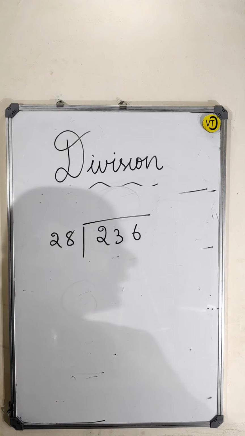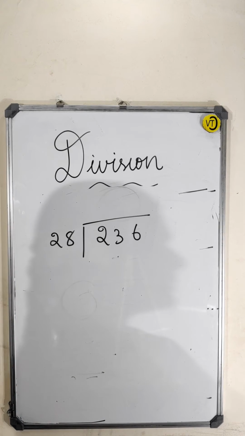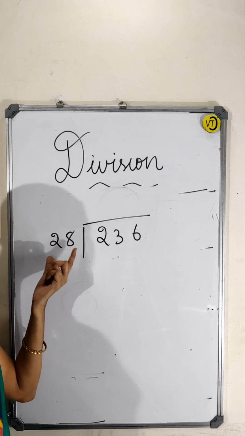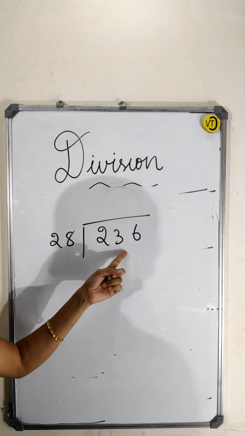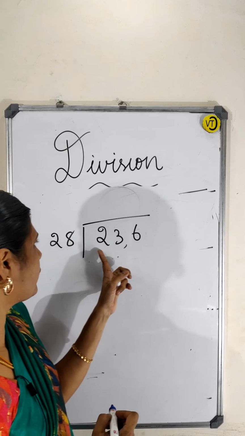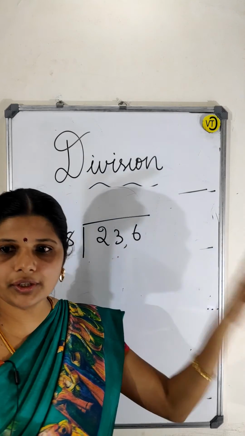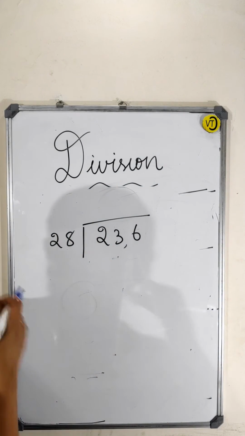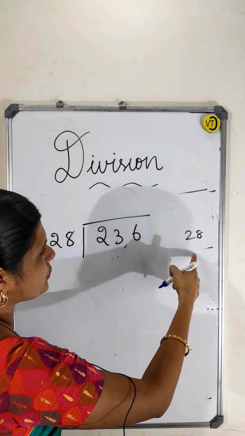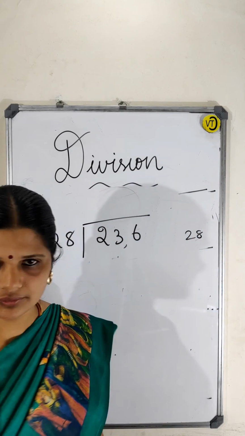Do you know the 28 table, guys? Yes, for this, the 28 table means 28. 236 is there, and you cannot take just 2 digits here. In this case, what will happen? You have to take 236 fully now. So what I will do, the 28 table means 28 plus 28. You have to write like this.